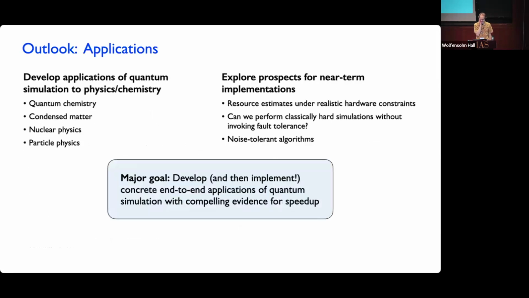I think another area that I haven't focused on so much here, but which is also super important, is how we can apply Hamiltonian simulation to actually learn about physics by running simulations on quantum computers. There are lots of different situations in various areas of physics, chemistry, or materials science where you could imagine applying Hamiltonian simulation, and there are a lot of details to work out about how exactly to best use it. Lots of different combinations: what algorithm do you use, how do you encode your fermions into qubits, how do you prepare initial states, what do you measure?